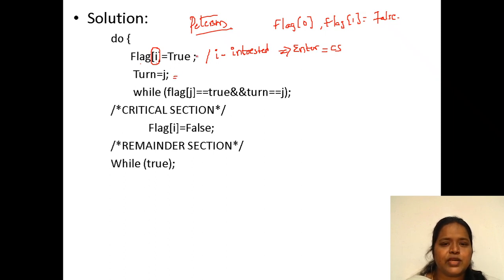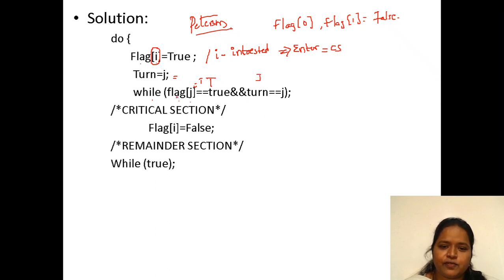Turn is equal to j, in the sense that the turn is now of j. The turn is of the jth process, but process i is willing to enter into the critical section. We will check that flag of j is equal to true and turn is equal to j.